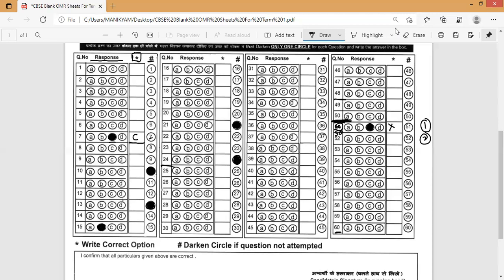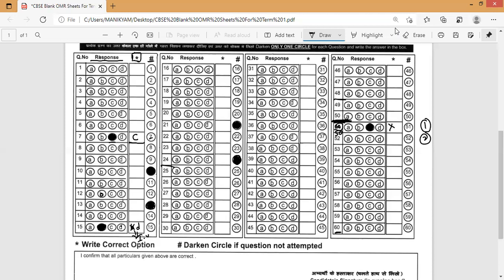Now don't write in a hurry. Don't write the B here, because if I write the B and then strike it and write C, it is invalid. So even though you have bubbled, kindly don't, in such a hurry, write the same option here unless you are 100% confident. Suppose you have circled B, and now you feel D is the correct answer. If you have written B here and strike it and again write D, it is invalid, remember.